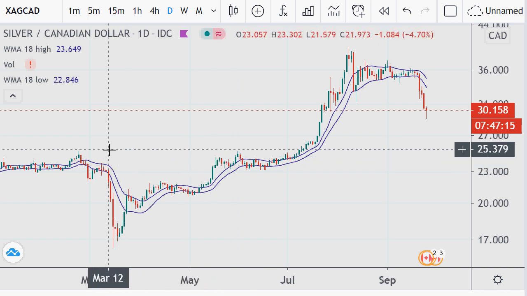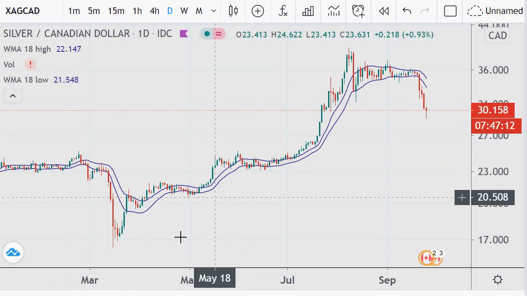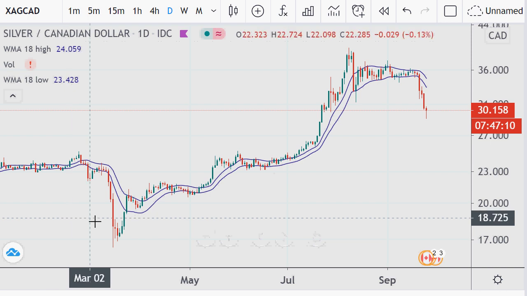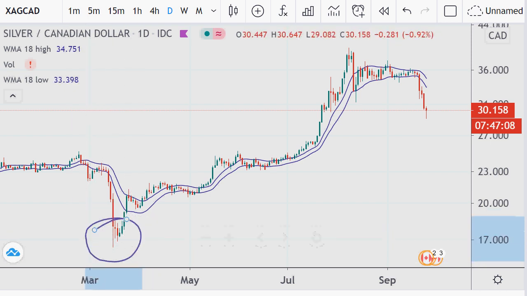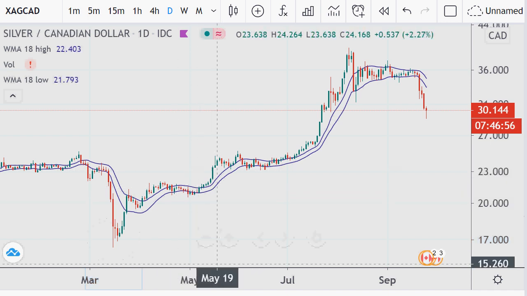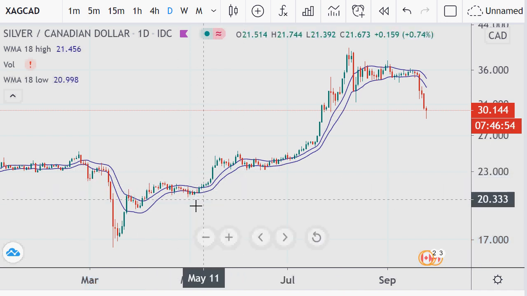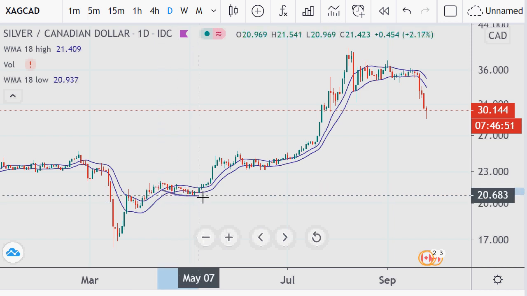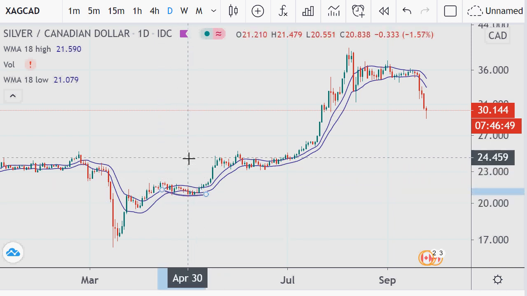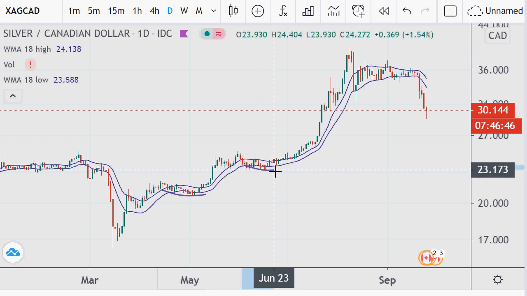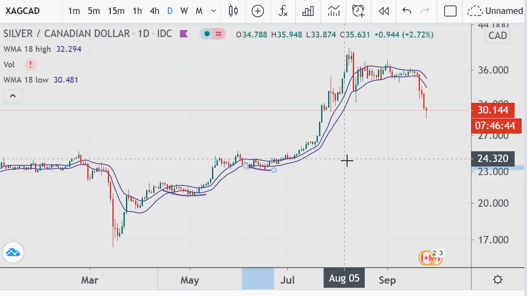Whatever happens, happens. As we can see within the daily term, from this low we had a tremendous gain. But within the gain, how much time did it spend below the 18 average of lows? We're going to get the exact same thing in the American. It has the same look. The numbers are within their own currency, but it's attempting to break down here, not at all. And the same thing here, and that was the only duration of time it spent below.